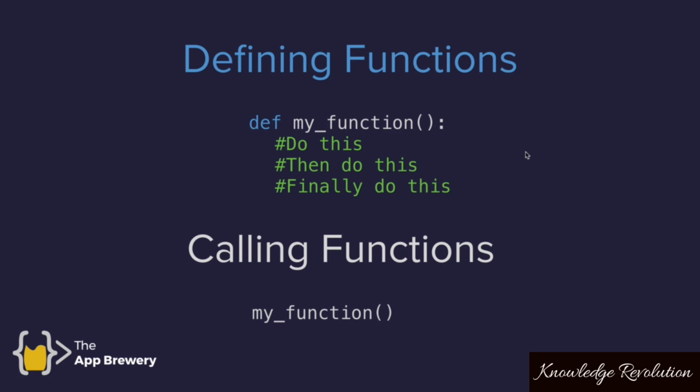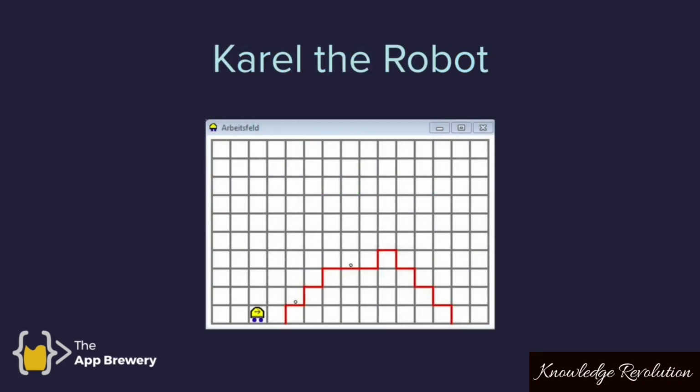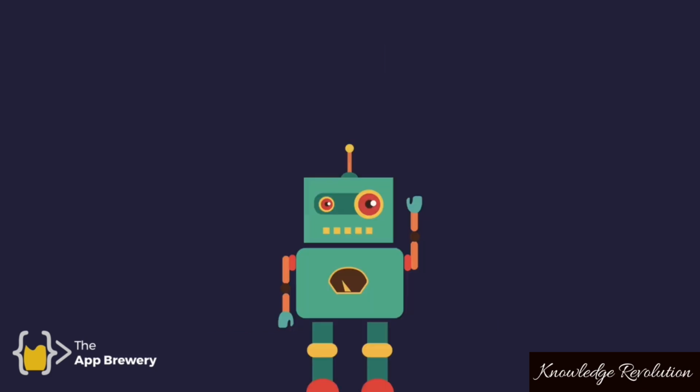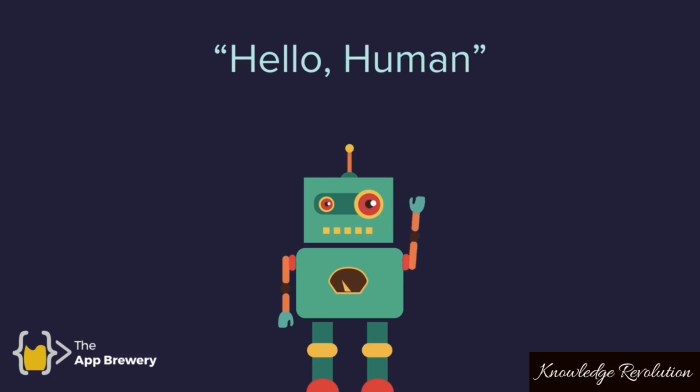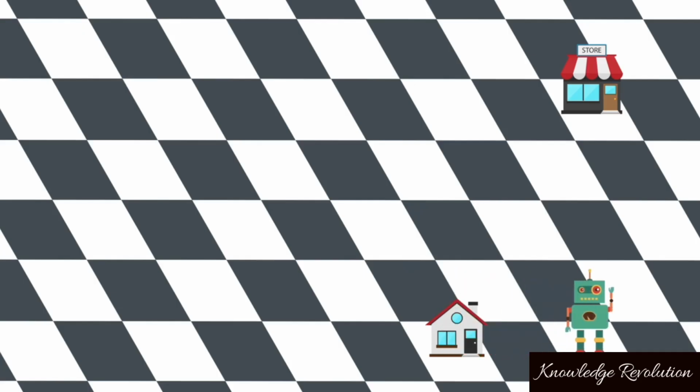And to learn about functions, I'm going to introduce you to something that's very similar to Carol the robot. The robot is going to be something that is just going to perform the tasks that we want it to, and no more and no less. So for example, if we wanted a robot to go to the store and pick up some milk for us, we can't simply just tell it, oh yeah, just go and buy some milk,